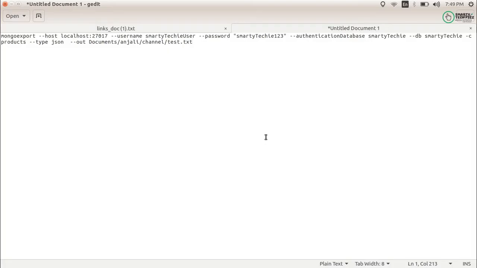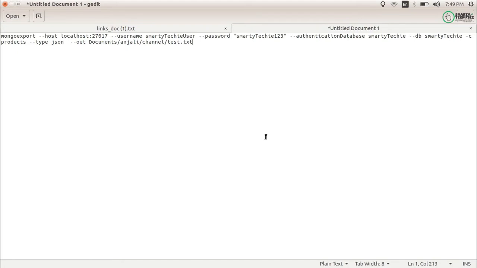Namaste everyone. So let's get started with today's topic. We have already seen how we can use multiple options in the Mongo export. Actually, the Mongo export is used for exporting the documents from your database, from any specified collections.